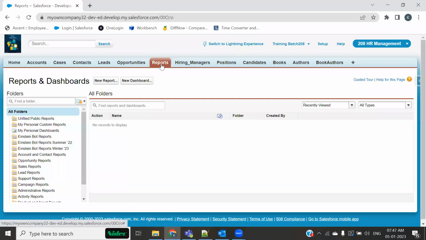Let me try to open this. Even if you just bring reports or maybe dashboards, it's one and the same thing. In both of the cases, the interface is the same. So you can bring one of them, that would work. Now see, when we come to this interface, when I click onto the reports tab, as you can see, there